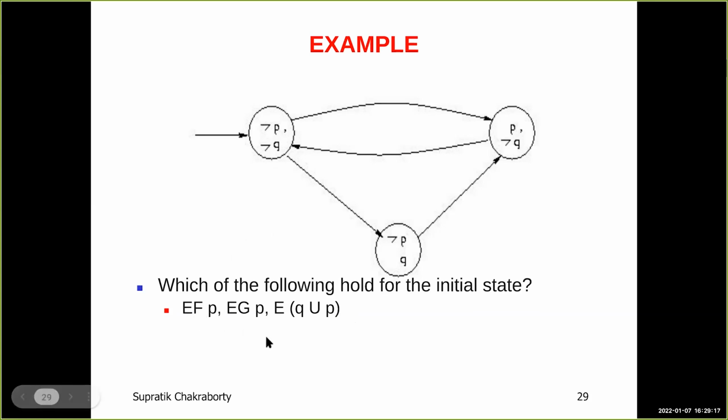formula of interest, or EGP, how would I figure out which state here would satisfy EFP or which state here would satisfy EGP, which means the infinite. So as if I unfold the computations represented by this finite state transition diagram as an infinite computation tree, then for the infinite subtree rooted at which state would these formulas be true? That there will be an infinite path in that infinite tree rooted at that state of interest, such that eventually P is true there, or globally P is true there, or Q is true until P is true, and